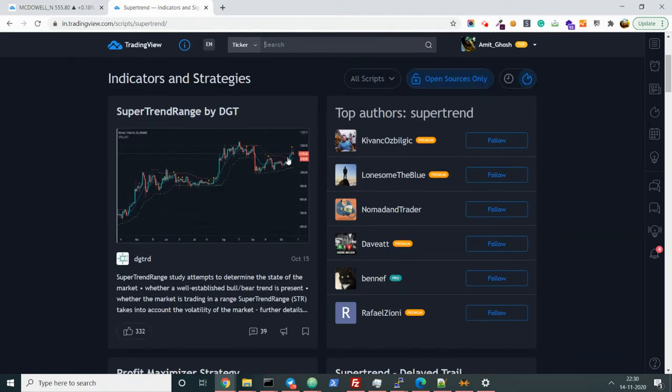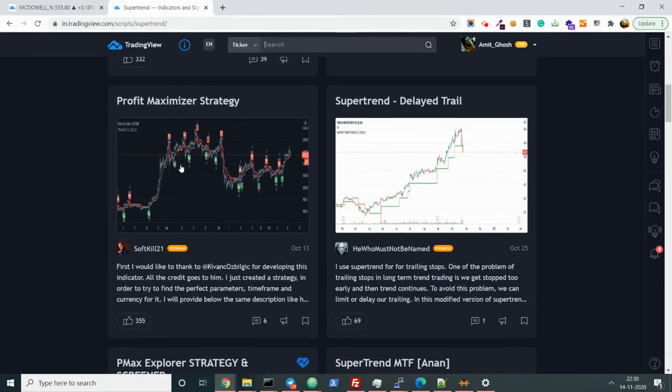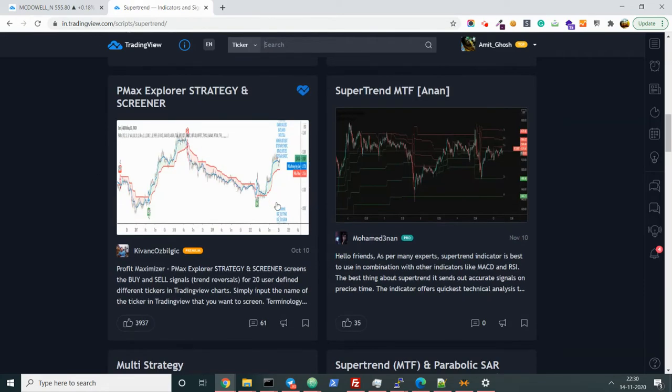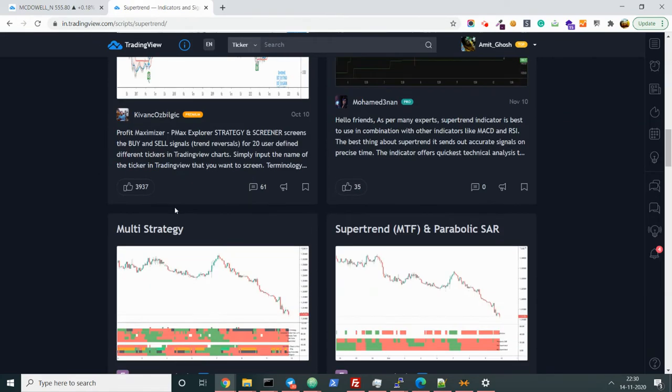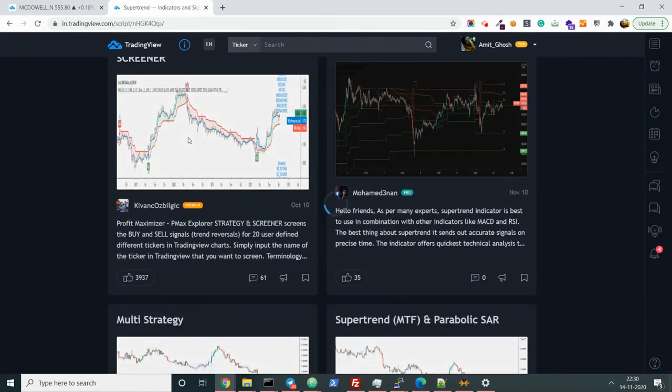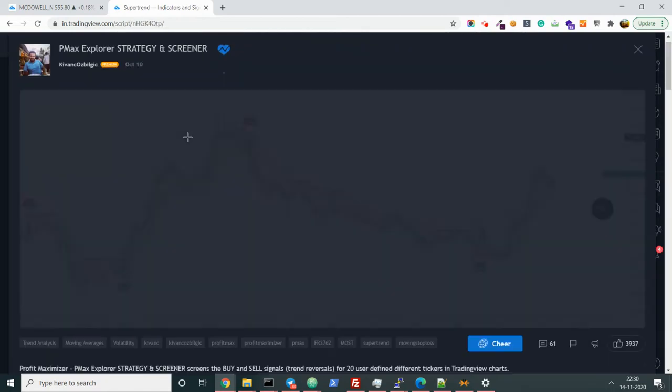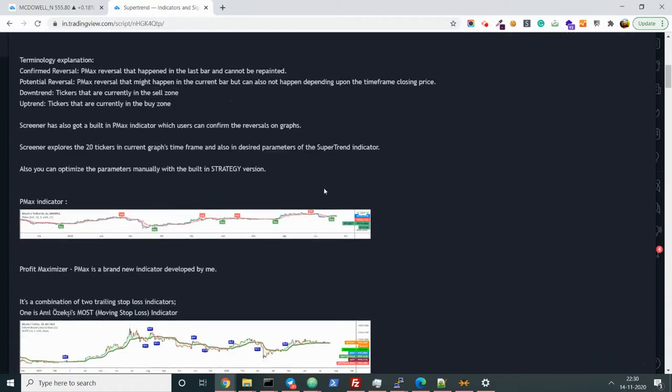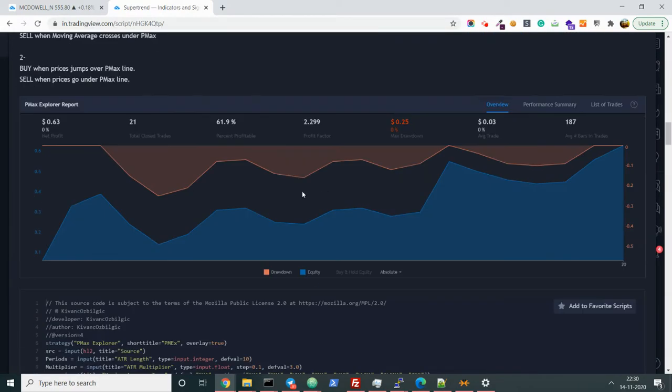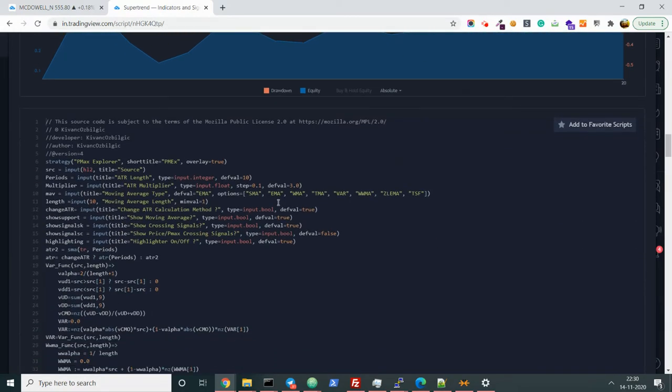No, do not take a chart like this. Take a chart which is a strategy, and it shows you a graph with a buy signal or something like that. See, this is 33,000. That is huge. So this is some strategy, right? That is happening, and you can also see that the code is also open source.